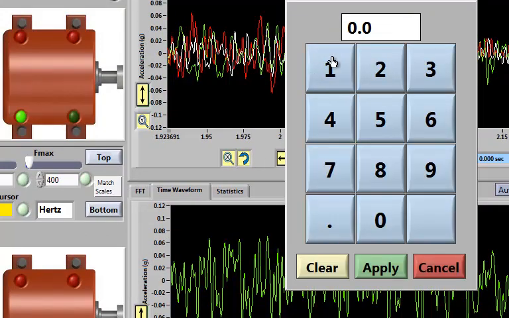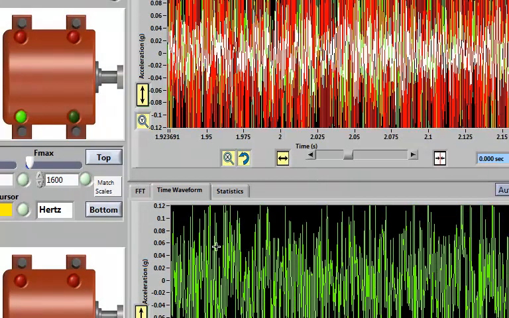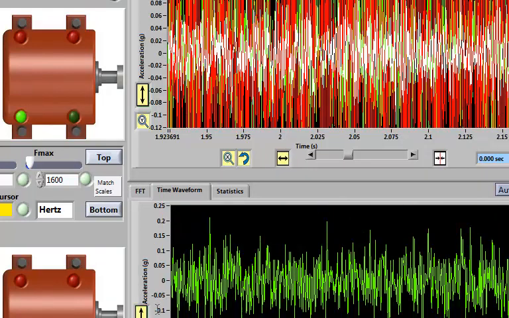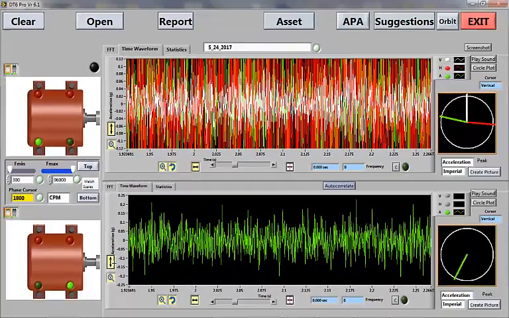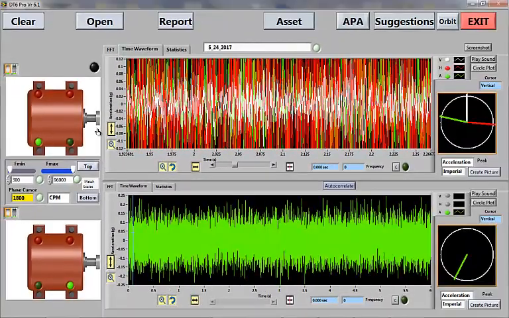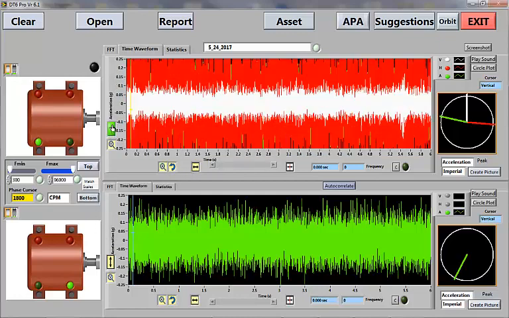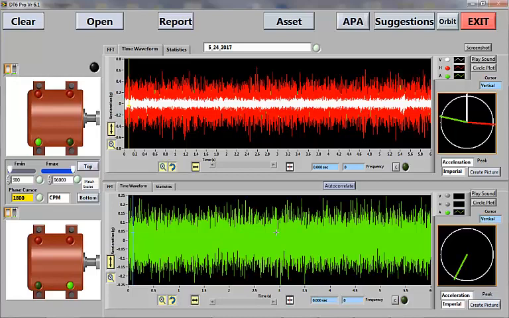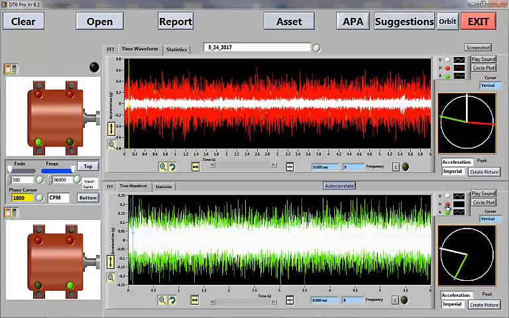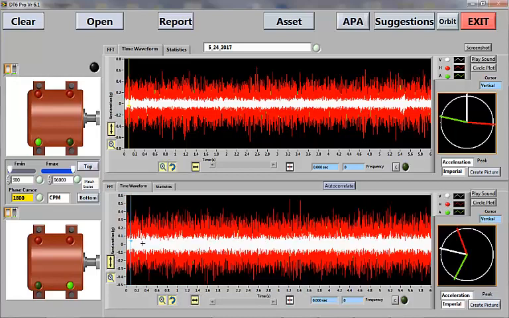And if I increase my frequency range, just clicking this frequency, and bring it up to, let's say, 1600 hertz, which for those of you who work in RPM is 96,000 RPM, and we zoom back out again, we can definitely see a relatively unusually high axial vibration, and we see this really big and distinct horizontal vibration,